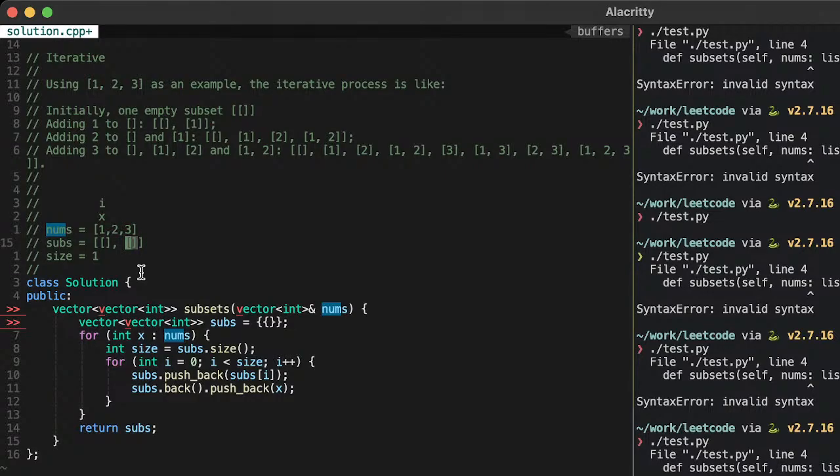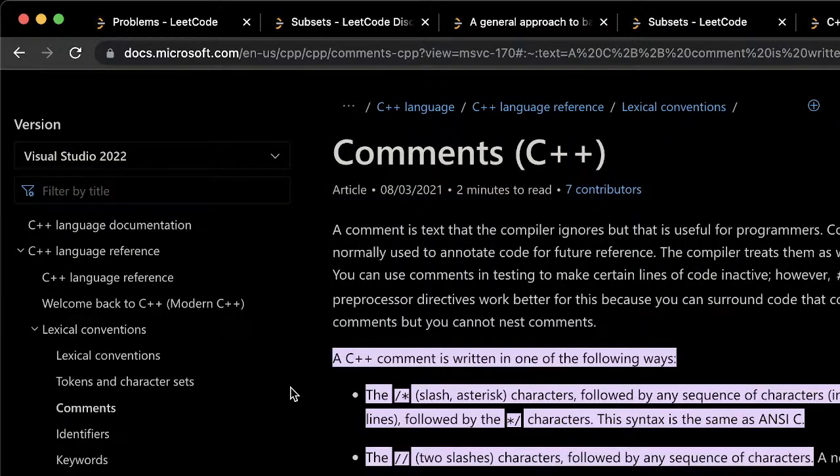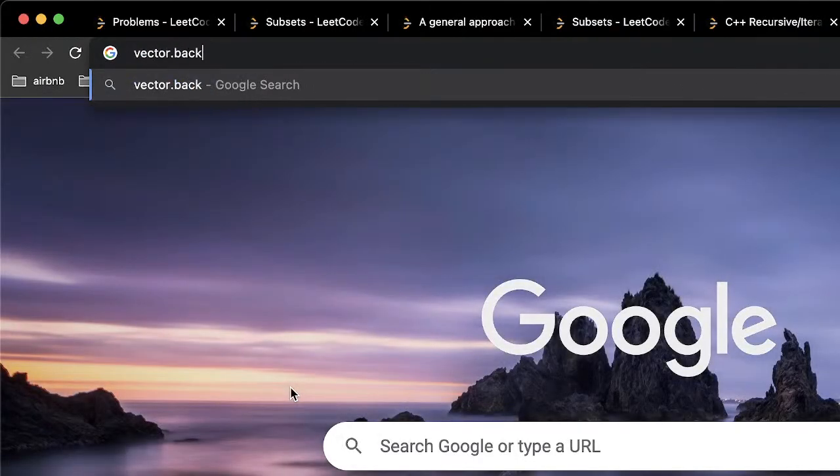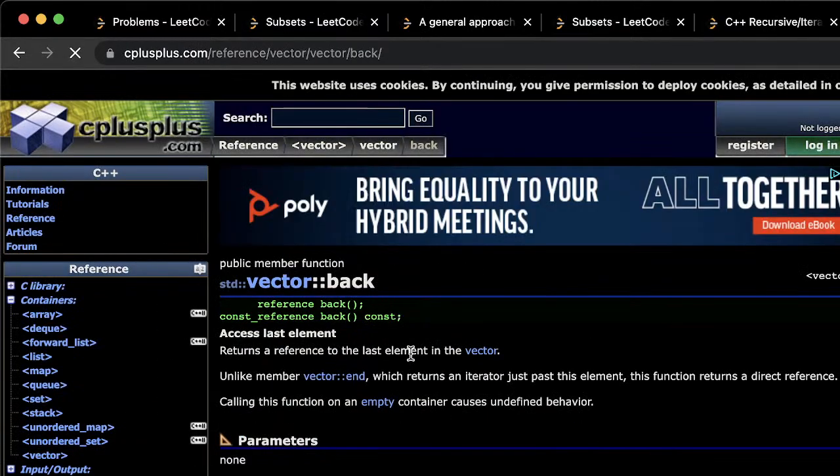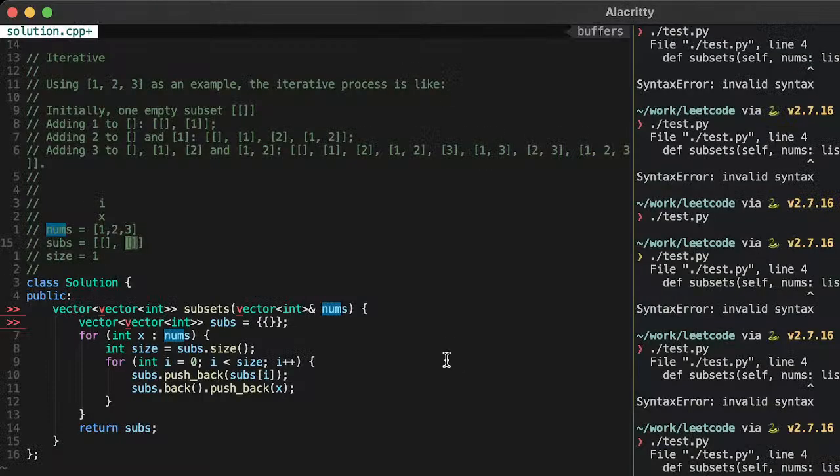Okay. Subs.back, what is this? Oh man, I don't know C++. Vector back, C++. Returns a reference to the last element in the vector. Okay. Subs, the last element is this thing. And to this we're going to push back x, which is 1. Oh, interesting.